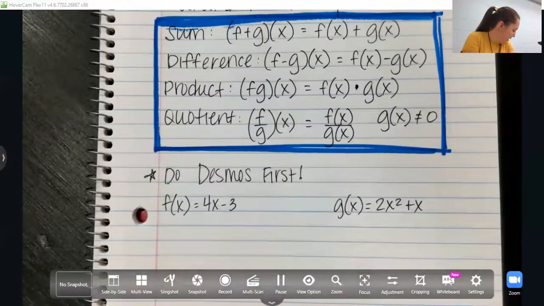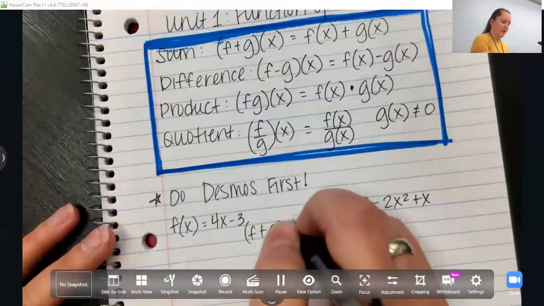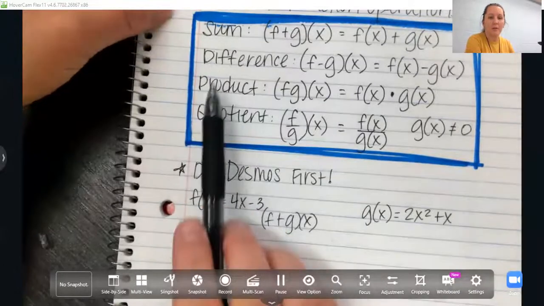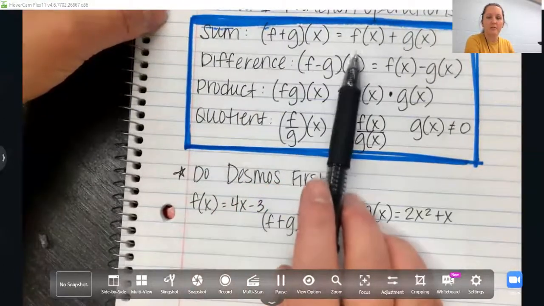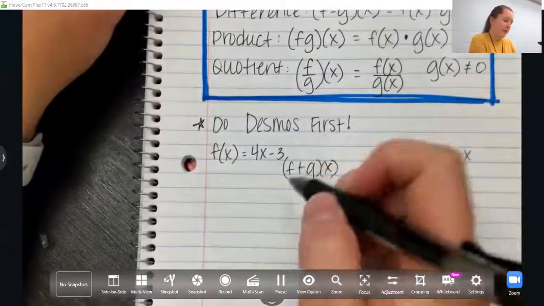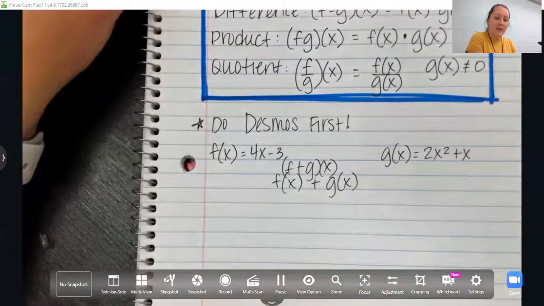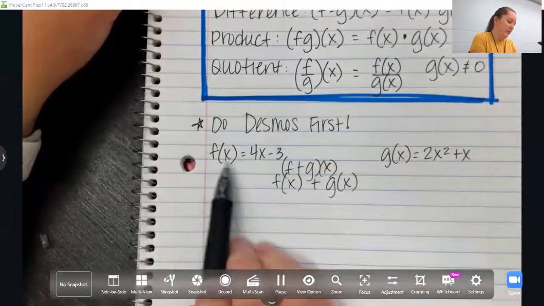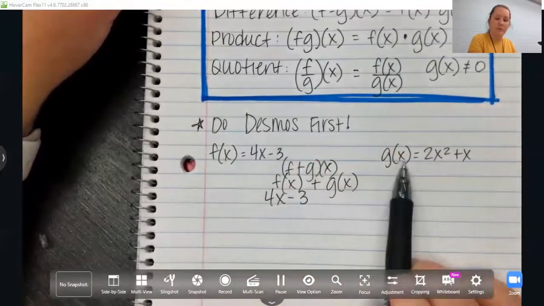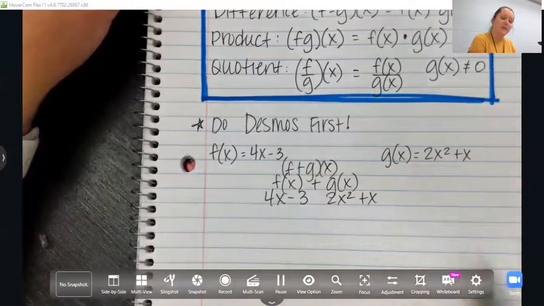Now, our first operation in Desmos was this f plus g of x. So in order to do that, what I'm looking at is a sum, right? Up here, we're finding the sum of the functions. So I know that I can add my functions together. So that looks like this. If it's f of x plus g of x, I know that I can add them together. So I'm going to say if the function f of x is 4x minus 3, and the function g of x is 2x squared plus x, I know I can